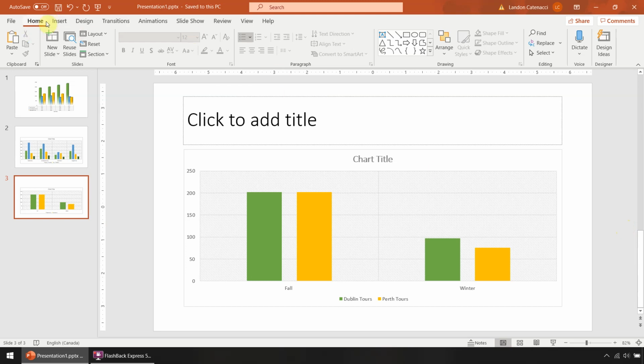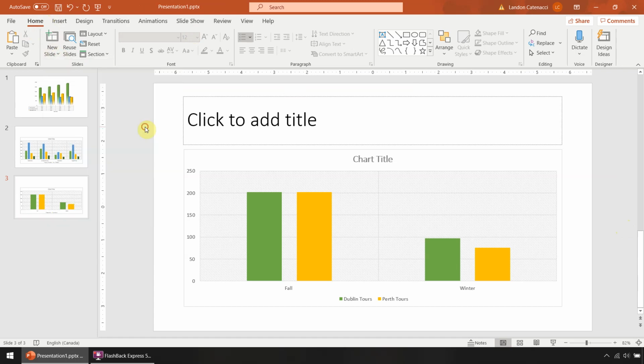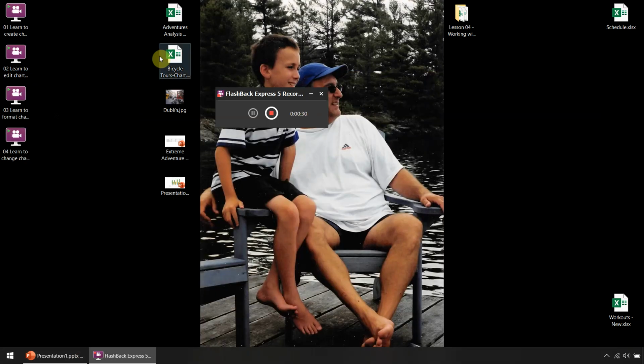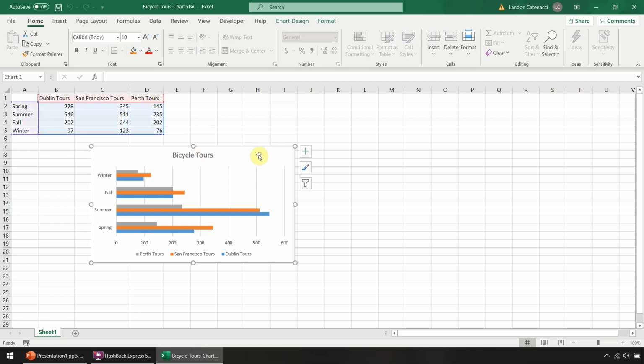I'll do that by starting in my Home tab. I'm going to go to the New Slide drop-down menu and I'll choose Title Only. Okay, and then from there, I'm actually going to open a different file, and this different file is called Bicycle Tours Chart. You might have it saved on your desktop or maybe in your downloads folder. So Bicycle Tours Chart, we're going to just open that and then select the chart itself,